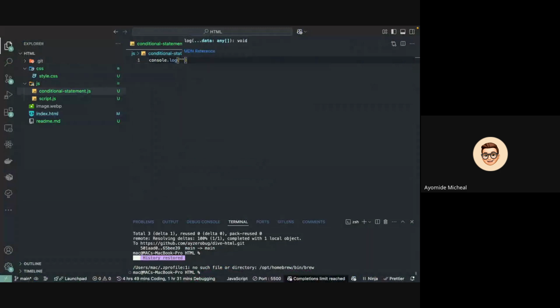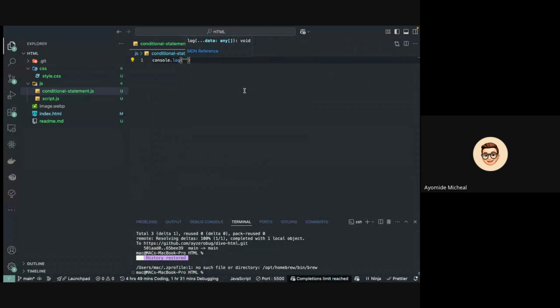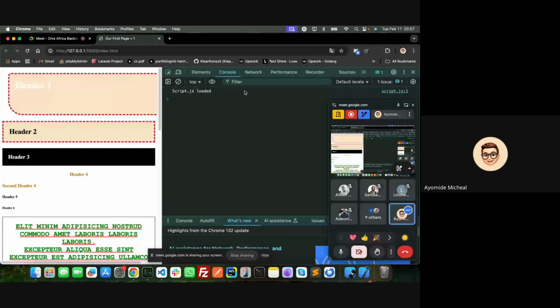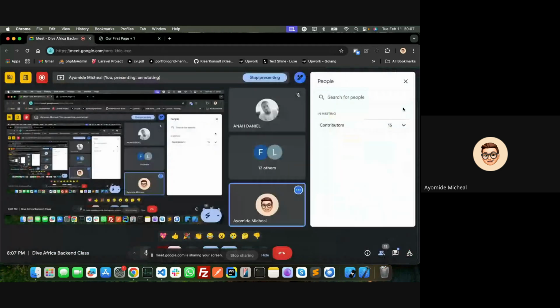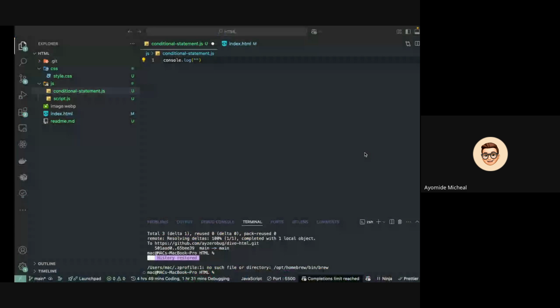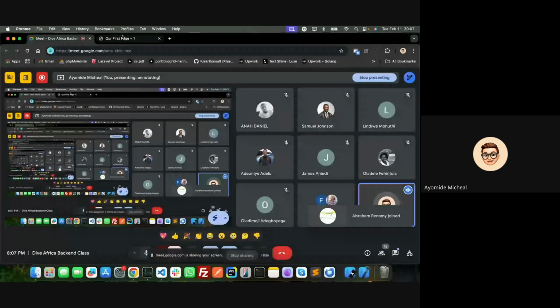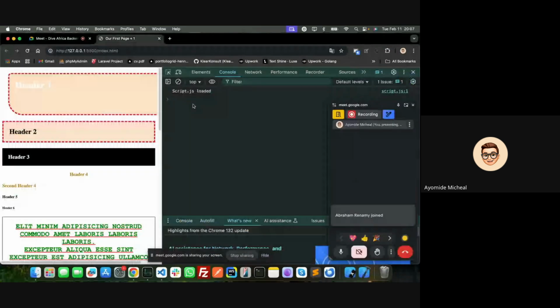console.log. What should we put here? Someone should suggest that. You can just add it to the chat box. Okay, so let's just add "conditional statements.js loaded". So if I come back to our HTML page and reload, okay, this thing